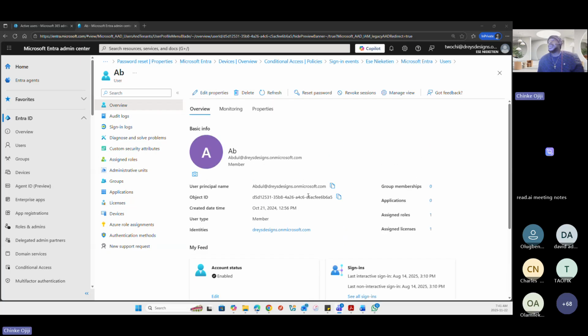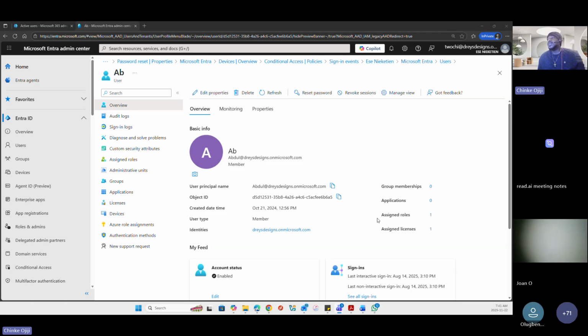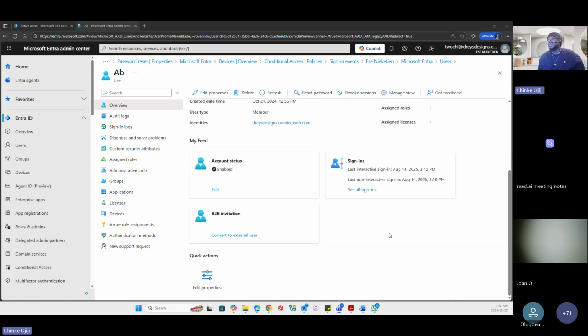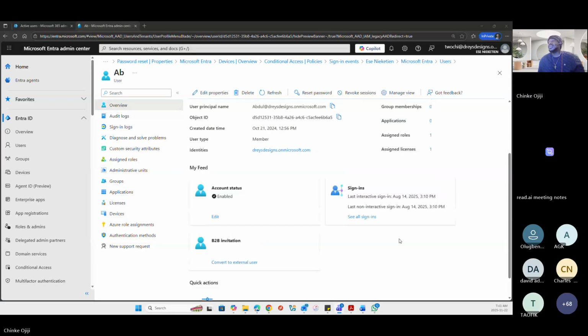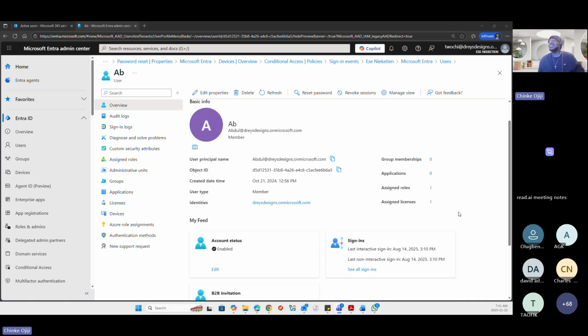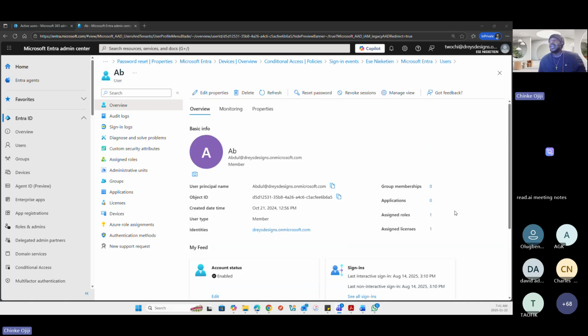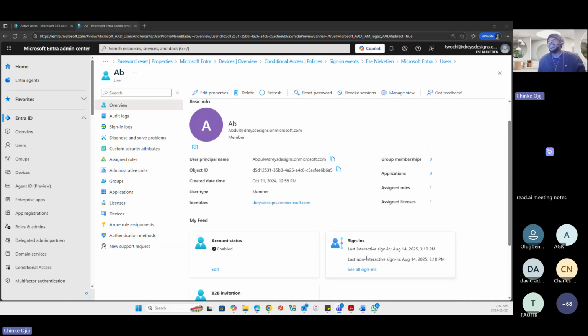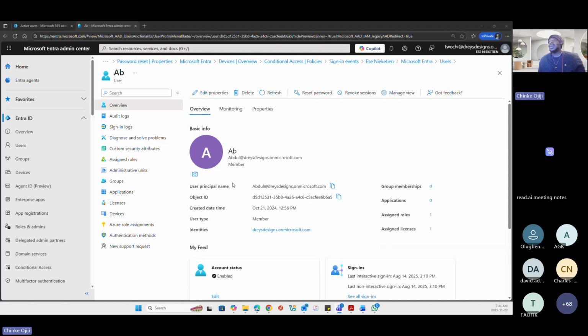All right, so this is the overview of what you have. The status, the sign-in logs, right? Now, when you are investigating a breach, for instance, these sign-in logs are very important, right? Now, there's sign-in logs and there's audit logs.